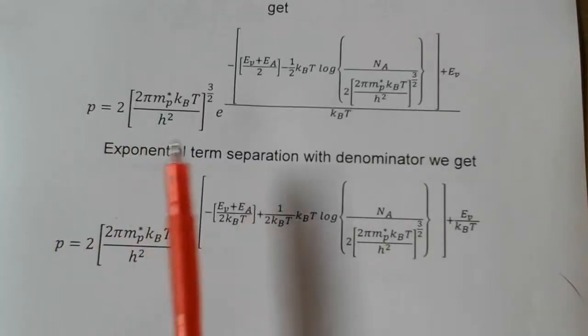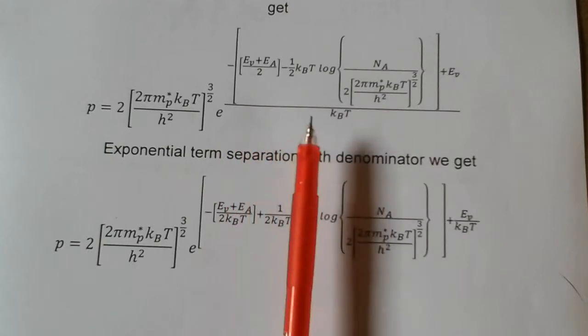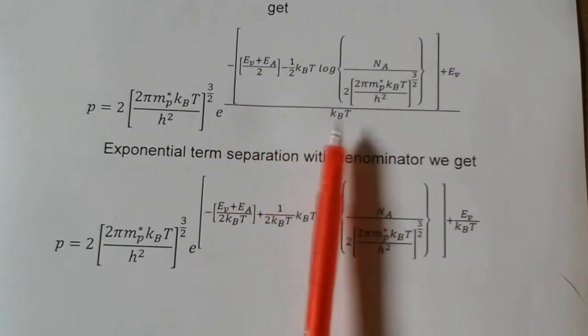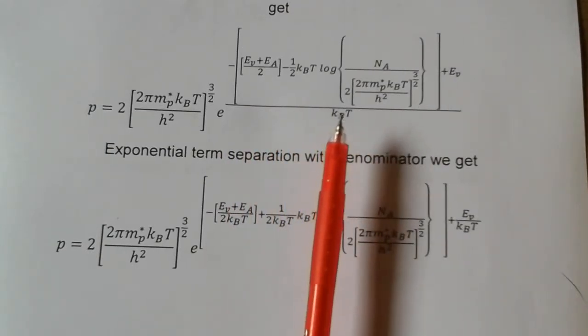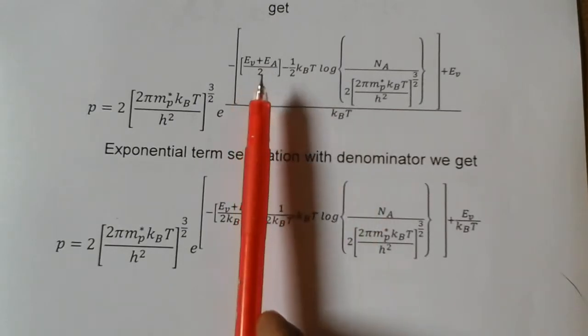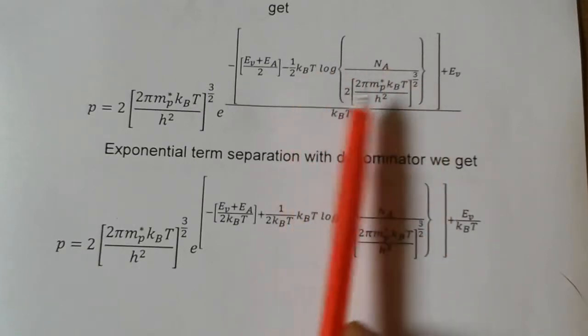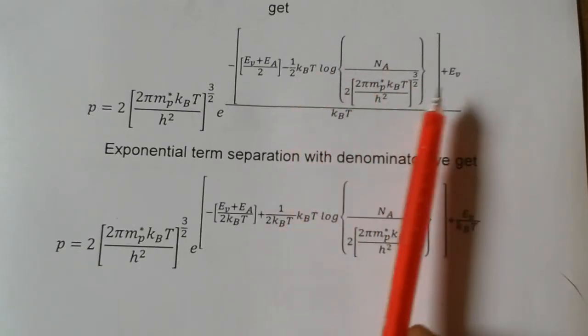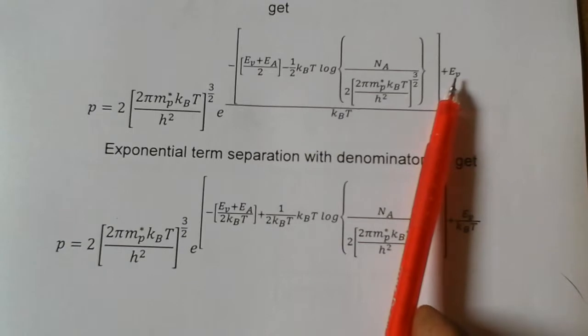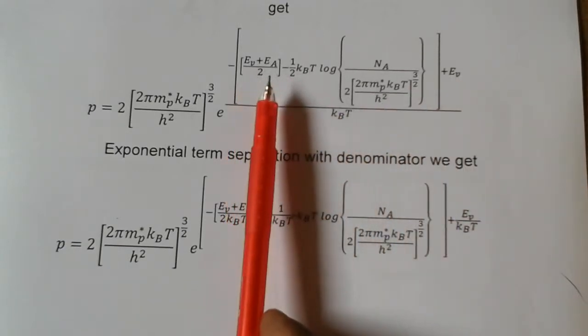Now we are getting the same equation. We got the final equation here. This KBT we are writing as a denominator of EV plus EA by KBT. Here we are separating, and KBT for this term is also separating. This KBT I am substituting, I am separately writing to EV. So this KBT separately writing to EV plus EA by 2.